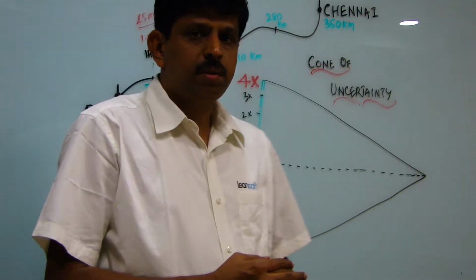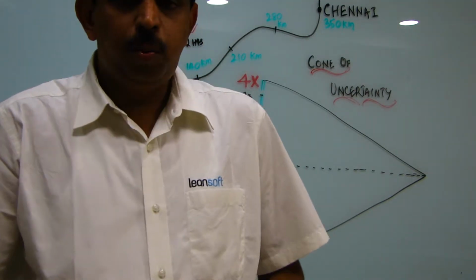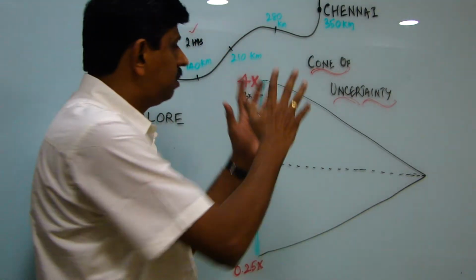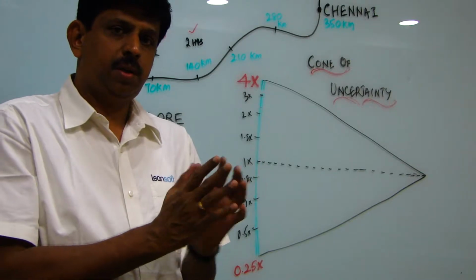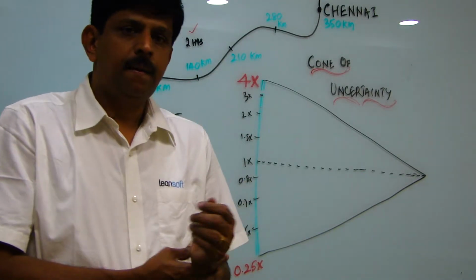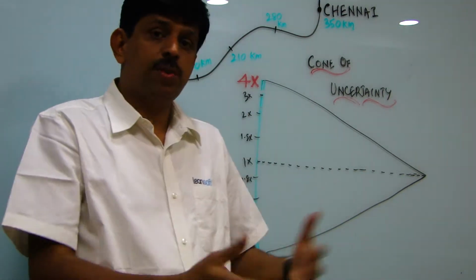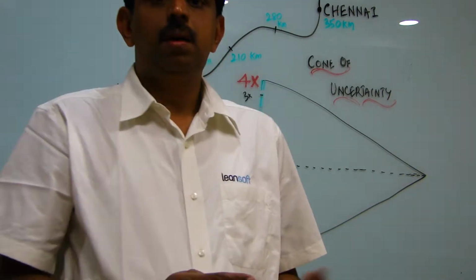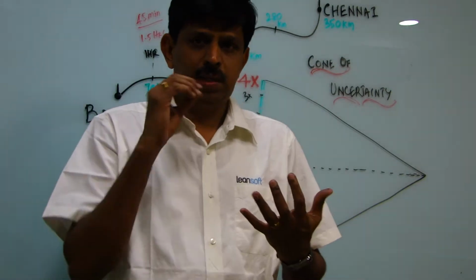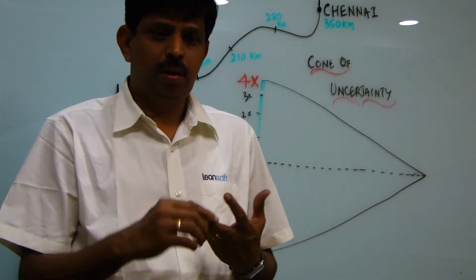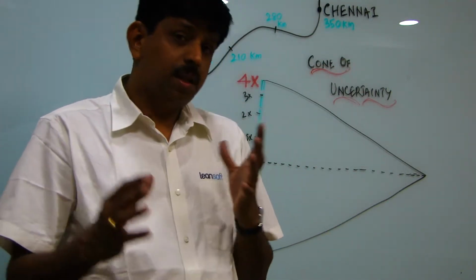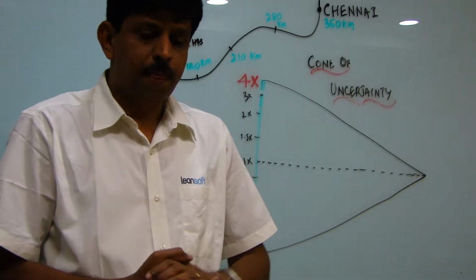Now let's look at how we can compare this estimation to software estimation. This route, Bangalore to Chennai, I know the route, I have always been going. I know exactly where I should stop and what kind of issues can come in, but still my estimation does not go so well, right?